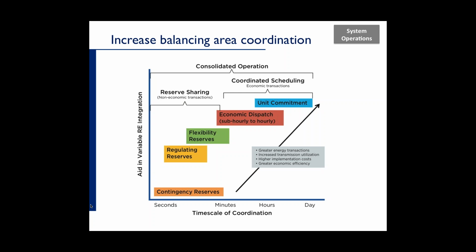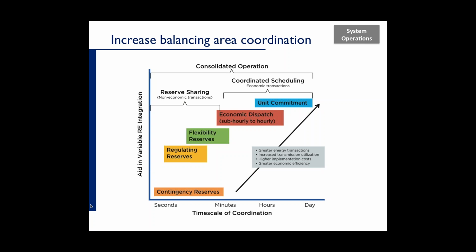A good example of that in the United States right now is an energy imbalance market, which is now operating in California and part of the Pacific Northwest. And in this type of setup, the two regions still separately do their unit commitment, which is starting up their units usually a day in advance or more. So that process is not coordinated yet, but what they do is combine the economic dispatch